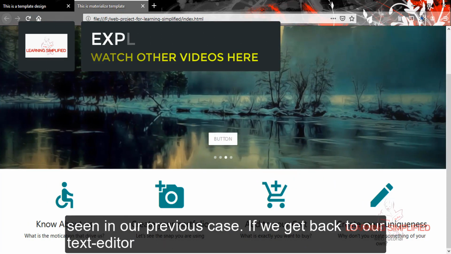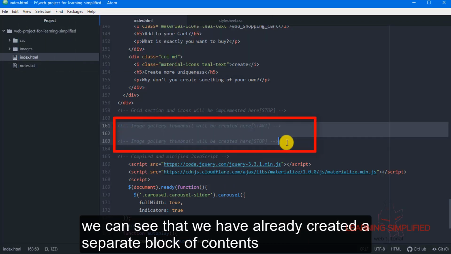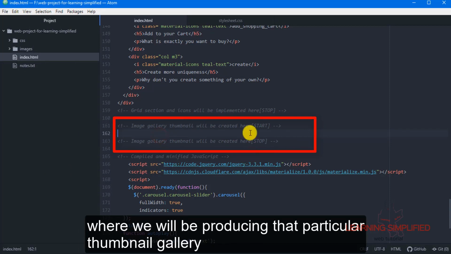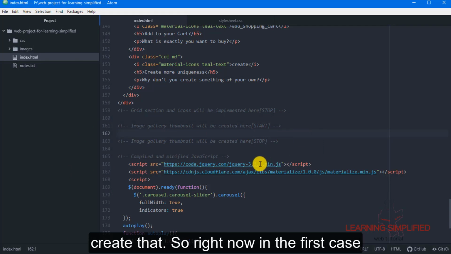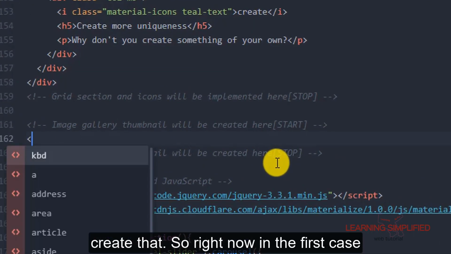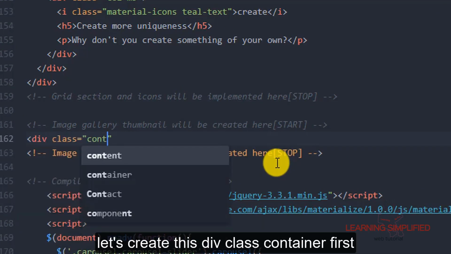If we get back to our text editor, we can see that we have already created a separate block of content where we will be producing that particular thumbnail gallery, and this is the segment where we are about to create that. So right now, in the first case, let's create this div class container first.